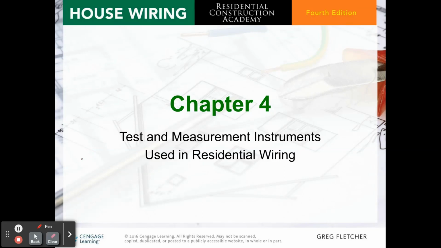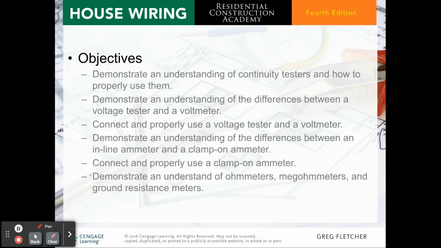Today we're going over Chapter 4, Test and Measurement Instruments Used in Residential Wiring. Some of the objectives are to demonstrate an understanding of continuity testers and how to properly use them, demonstrate an understanding of the differences between voltage tester and a voltmeter, connect and properly use a voltage tester and a voltmeter, demonstrate an understanding of the differences between an inline ammeter and a clamp-on ammeter, connect and properly use a clamp-on ammeter, demonstrate an understanding of ohmmeters,